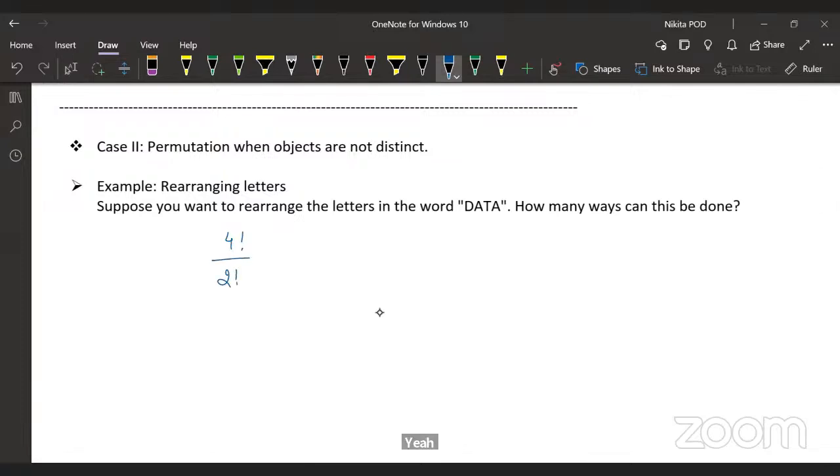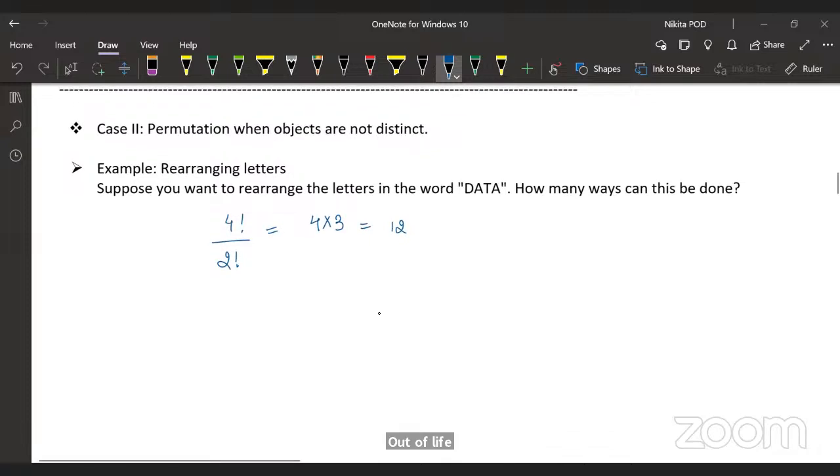We basically divide by the factorial of the number of items which are repeating, like common. See, in this case, you have to rearrange the word